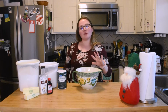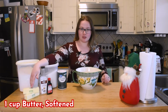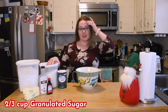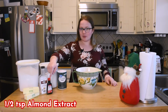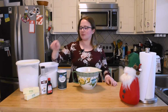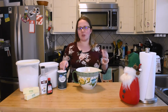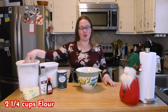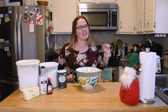To start out with our cookies, you're going to need 1 cup of butter softened to room temperature. You're going to need 2/3 cup of white granulated sugar, a teaspoon of vanilla, half a teaspoon of almond extract, half a teaspoon of salt, which helps balance out the sweetness of the cookies, and then 2 1/4 cups of all-purpose flour. And the most important ingredient you're going to need is